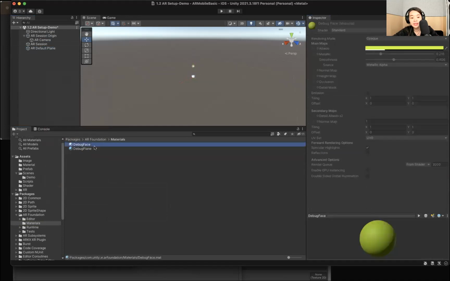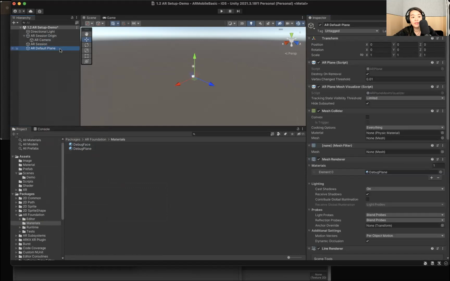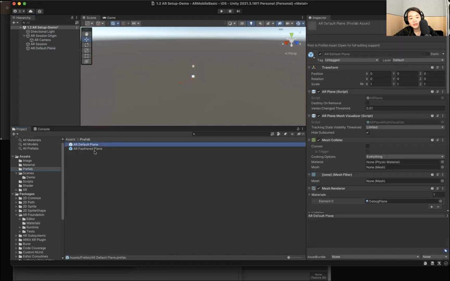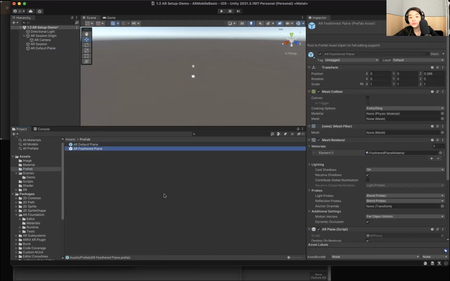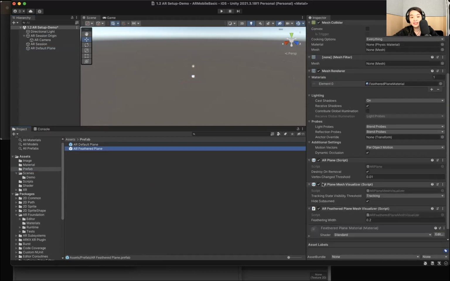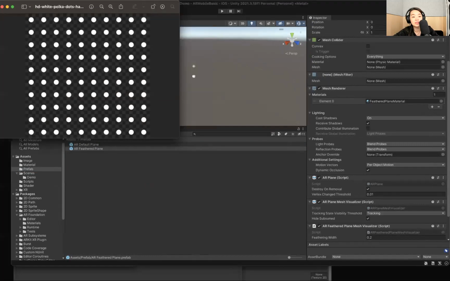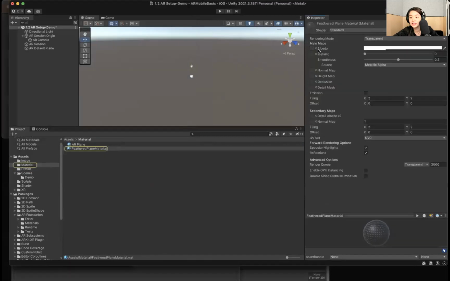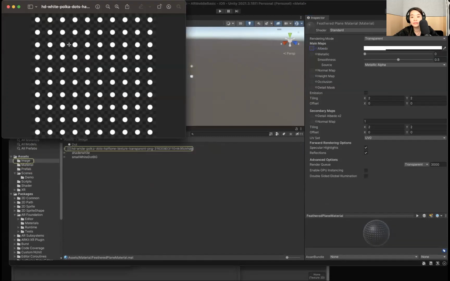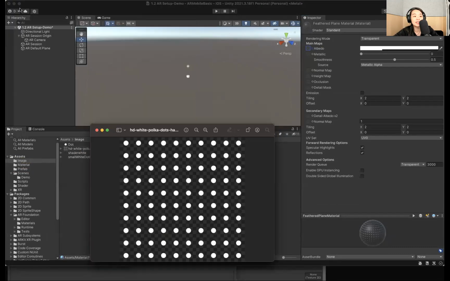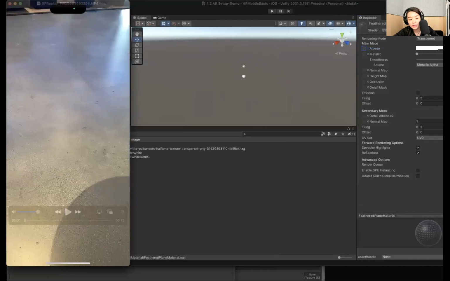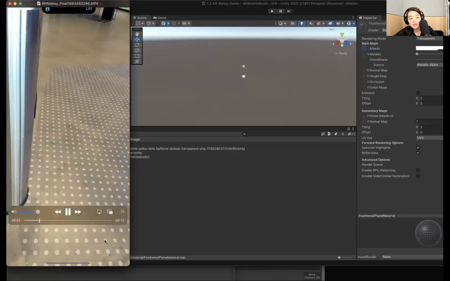So in order to make the final look a little nicer, I created another one. It's called AR feather plane. I looked up online and messed things around and came up with this one. This one definitely looks much better. If you see the textures that I created, you click this. What I want is that when I see a lot of tutorials, I really like when, the first time scanning the floor, you can see the